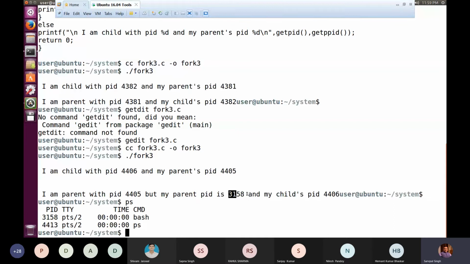This 3158 is the same as what the C program printed on the screen, where 4405 is the parent C program. And who is the parent of this parent C program? It is bash. Because of getppid, 3158 is printed as part of the parent code. Okay, so is it clear?